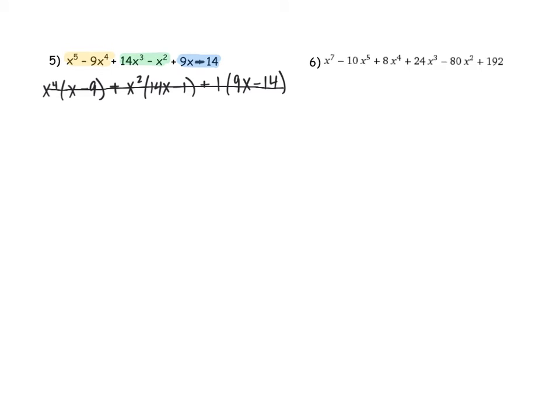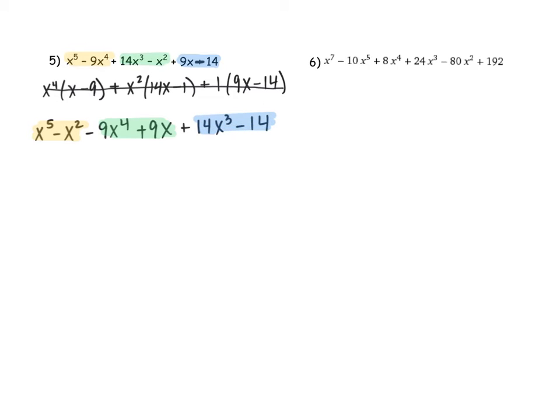So the correct order should be x to the 5th minus x squared, then minus 9x to the 4th plus 9x, and then plus 14x to the 3rd minus 14. So this is my correct order, and now I want to factor by grouping. So we can go ahead and do the exact same thing. We're going to group the first 2 terms, group the second 2 terms, group the third 2 terms,